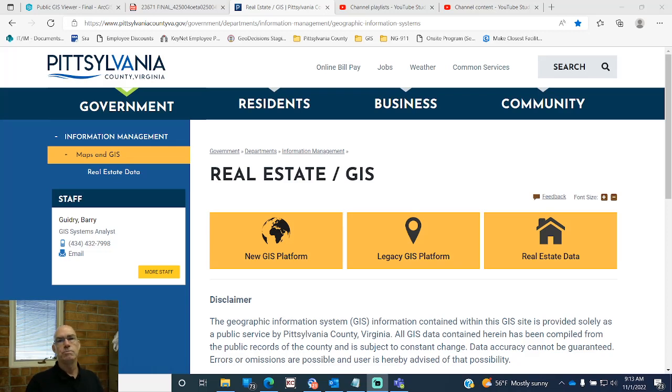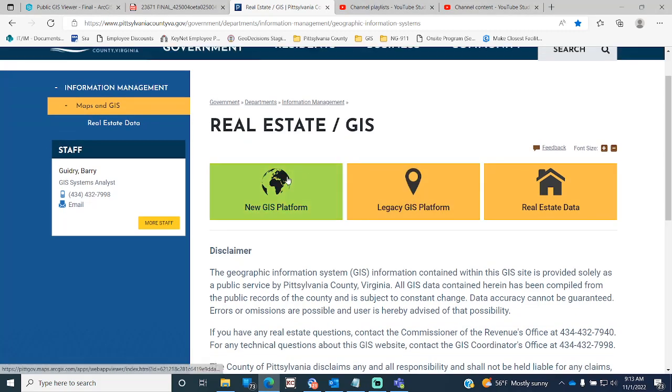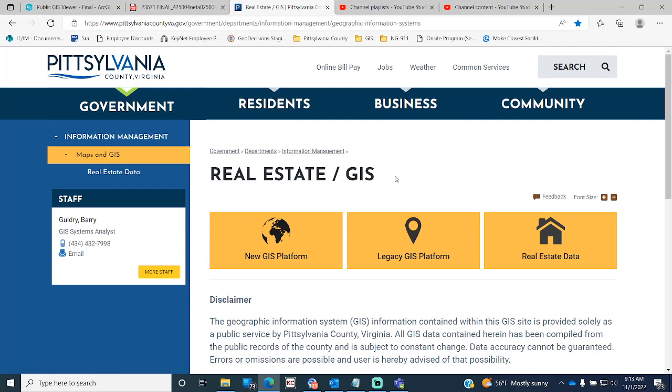Hello ladies and gentlemen, my name is Barry and today I will be focusing on the tools available in the ArcGIS web application viewer. Okay, so I'll get started, and again this is the launching point for our GIS web